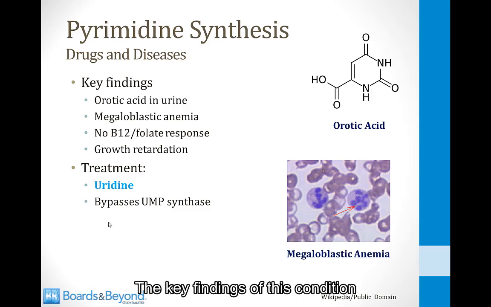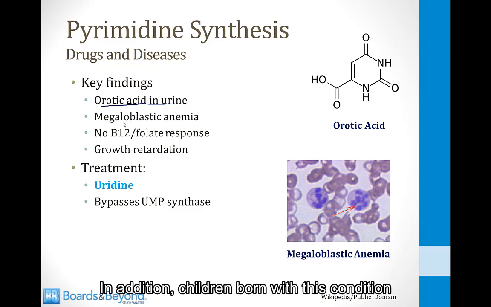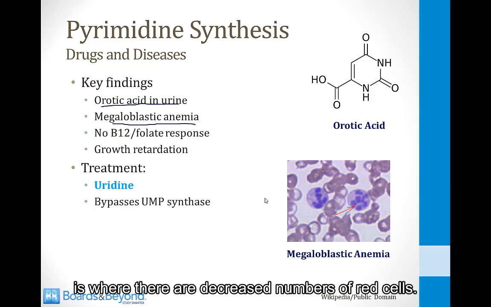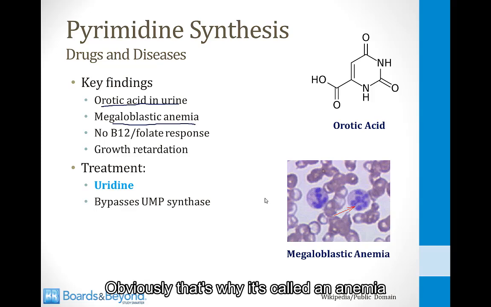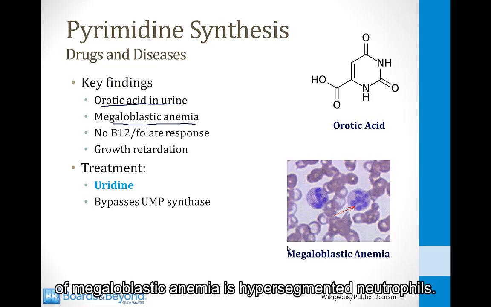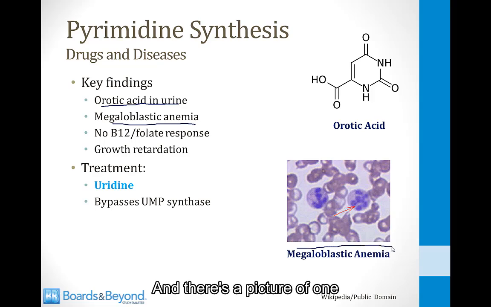The key findings of this condition are orotic acid in the urine. That's why it's called orotic aciduria. In addition, children born with this condition have megaloblastic anemia. So megaloblastic anemia is where there are decreased numbers of red cells. Obviously, that's why it's called anemia, but the red cells are large. In addition, a characteristic finding of megaloblastic anemia is hypersegmented neutrophils, and there's a picture of one in this slide